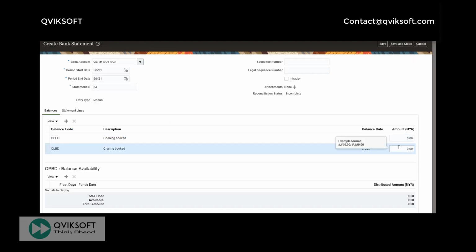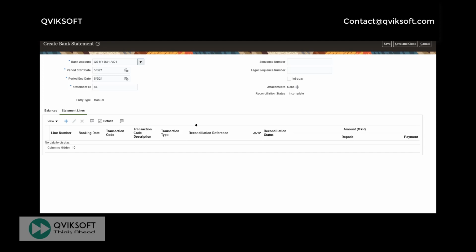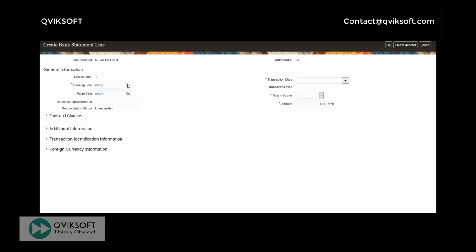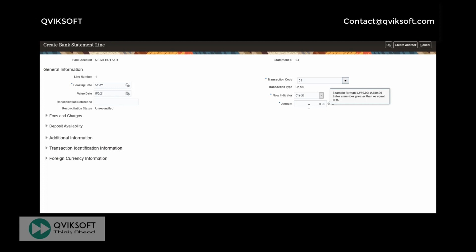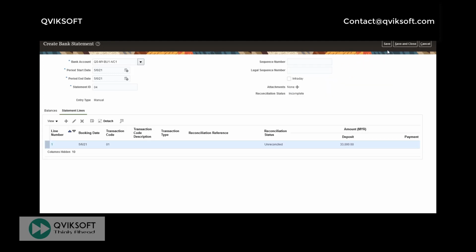So assuming this is my closing balance, go to statement lines. Then I store this. Credit. Okay, save and close.